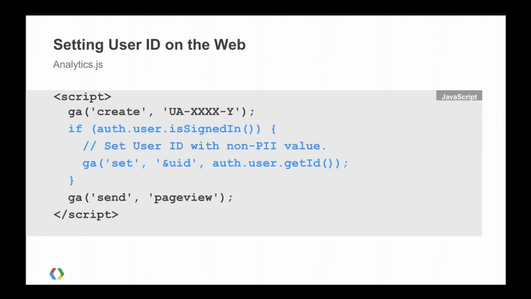And it's really easy to actually do this. This is an example using our Analytics.js library, which is our new JavaScript library built on top of the measurement protocol. We've abstracted out the complexities of auth. But most of the work in GA is being done with just this one line, this set API, where if you have a user ID, if somebody's signed in, you can get it and set it to this UID parameter. And now when you send this page view, it's going to send that UID along with it. It's pretty straightforward.